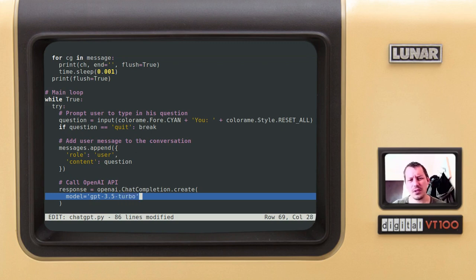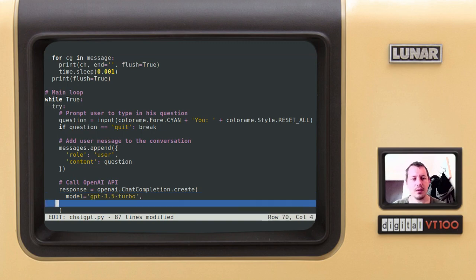And I'm not quite sure that this exact model is actually used in the web interface, but this is the latest one. If you're watching this video in a couple of years after it has been released, you would most likely have a more advanced model, so like GPT 4, 5, 6, whatever. And also we need to provide the messages